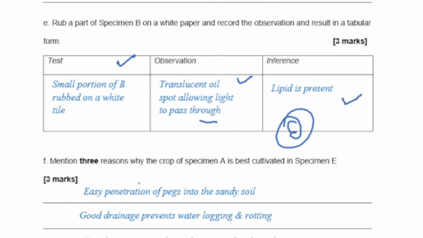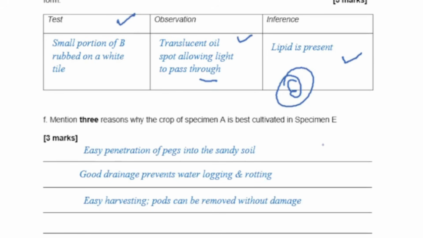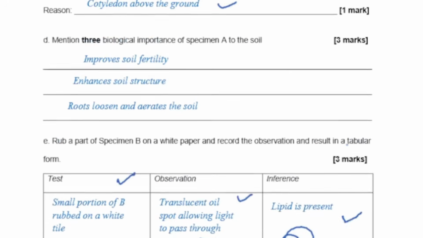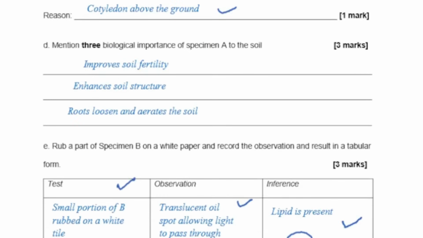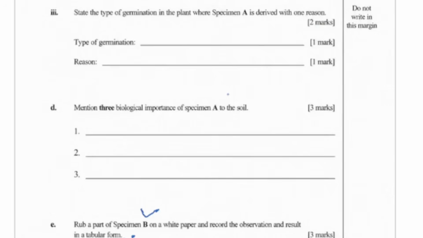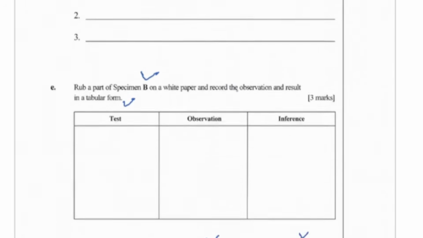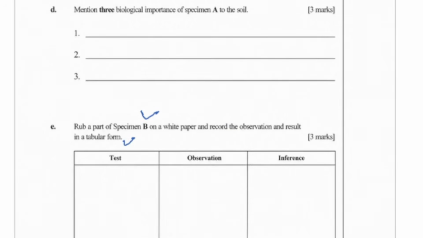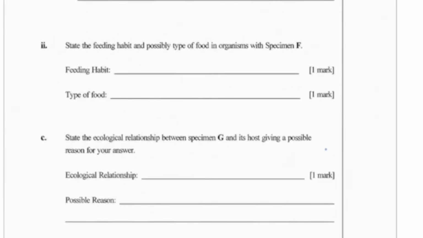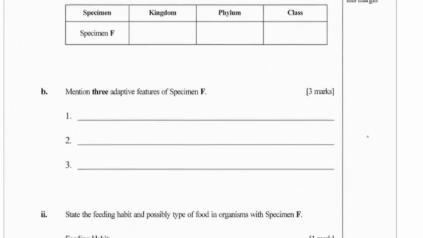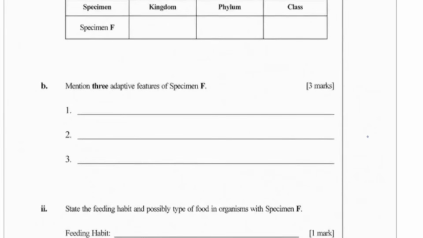The next one says mention three reasons why the crop of specimen A is best cultivated in specimen E. So you can pause and write that down as well. That's going to be very helpful to you as you go into the exams. So let's move to the next one. I told you this is going to be a very short video, so we are trying to be very fast and working with time. So the next one is complete the following